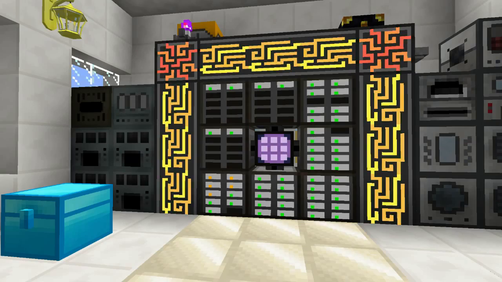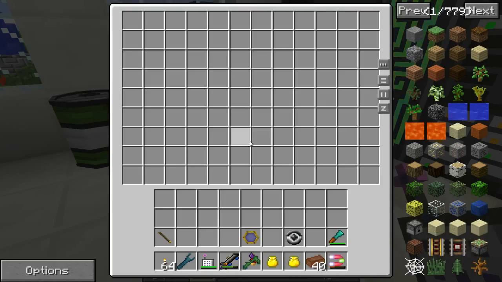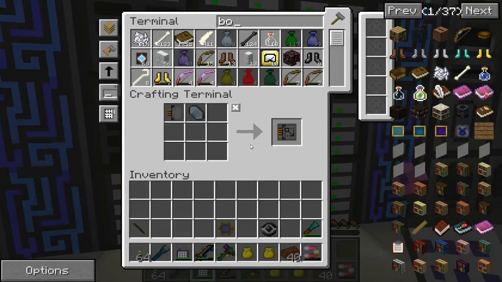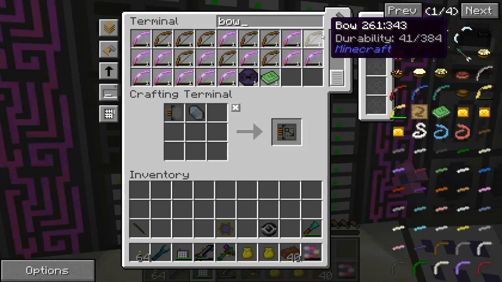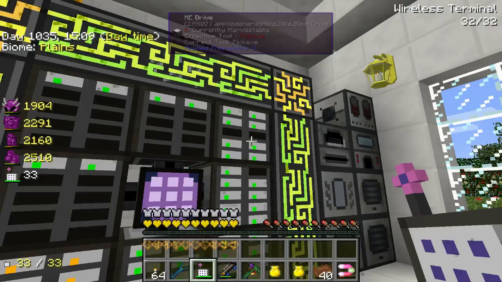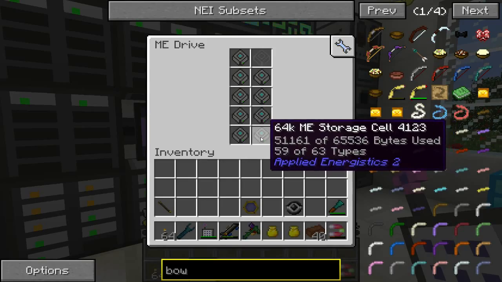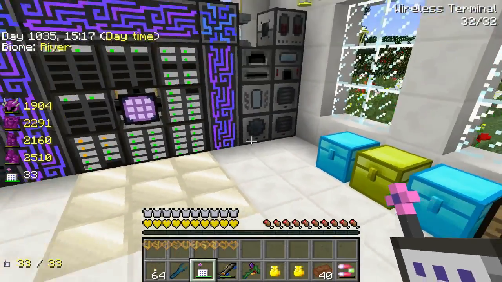Okay guys, and we're back, and I've got it all set up and I've put all of the stuff that's in these chests, all of the random bows and things, they're all back in the ME system, which is pretty cool. So we're not completely full up on everything, because it sorts it differently, but you'll see some of these have 0, some of them will have stuff in, that one's got some stuff in, that's got some stuff in, but yeah. So we've got all the things set up